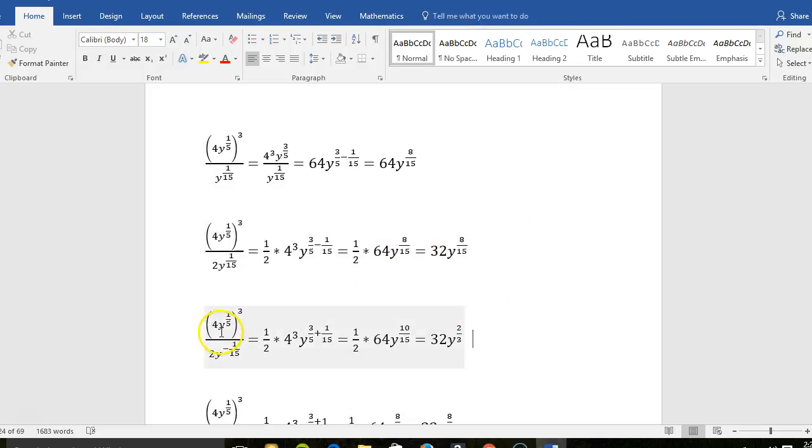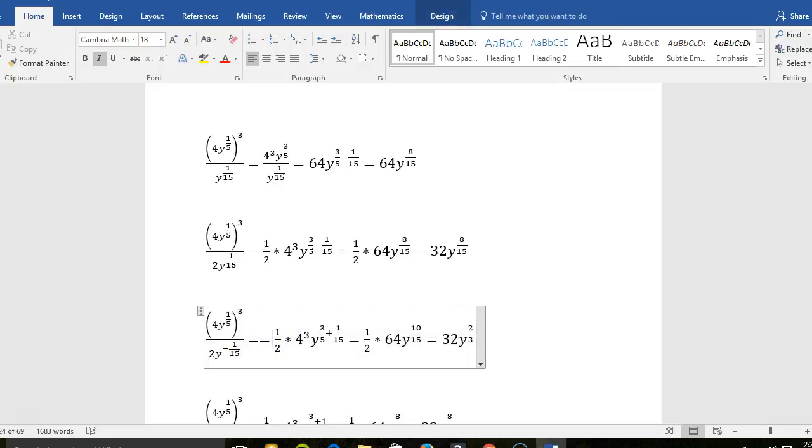Now, what if I spice it up and make it more interesting? I have the same guy up top, but this time I have a negative power. Instead of 2y to the 1/15th, I have 2y to the neg 1/15th. Well, I have the 1/2. That's just there for the same reasons it was up here. No biggie. 4 cubed and the y to the 3/5, they're going to be there. But now notice what I do is that y to the neg 1/15 jumps up and becomes y to the pos 1/15th. So I add. Another way of looking at it is we're minusing a negative 1/15th, which is plus 1/15th here where my cursor is. So if that bothers you, if you don't want me to skip any steps whatsoever, here's one way to